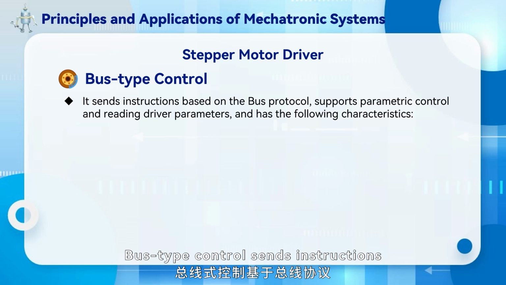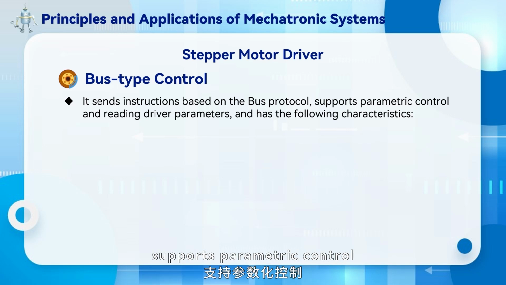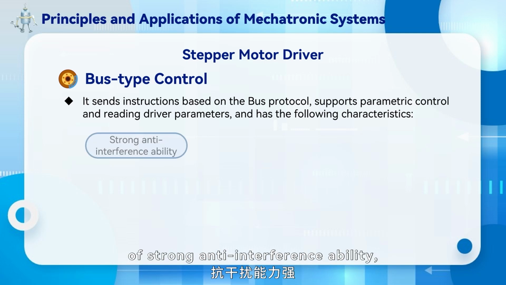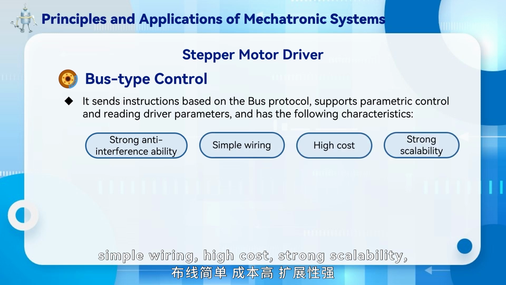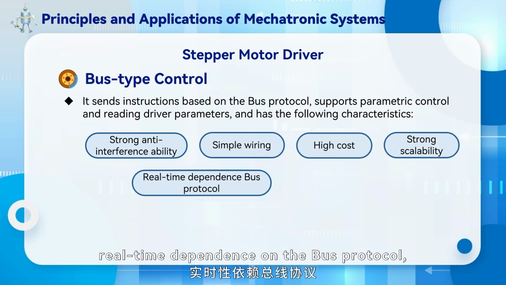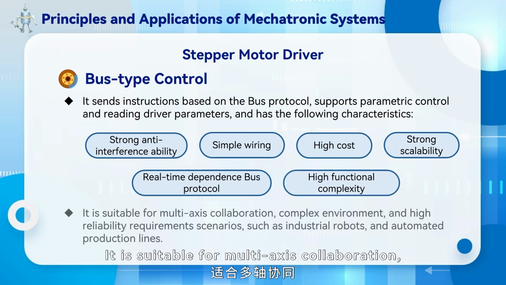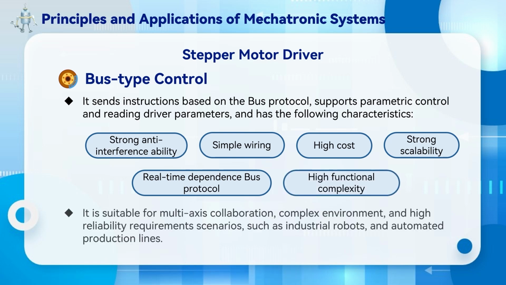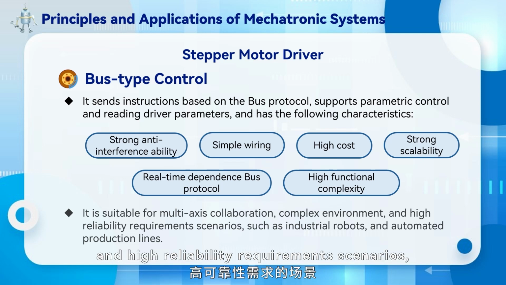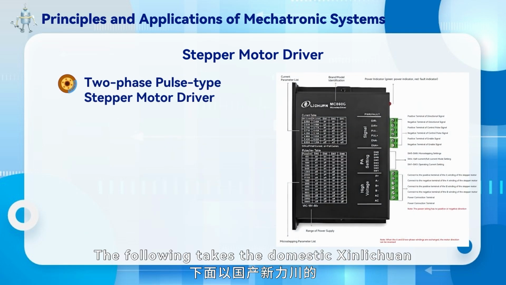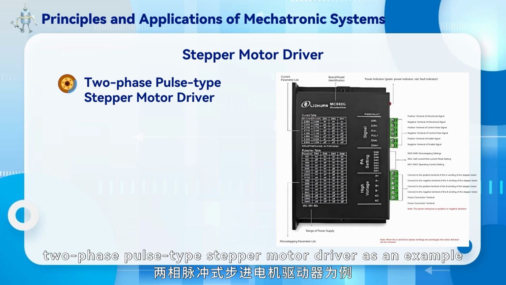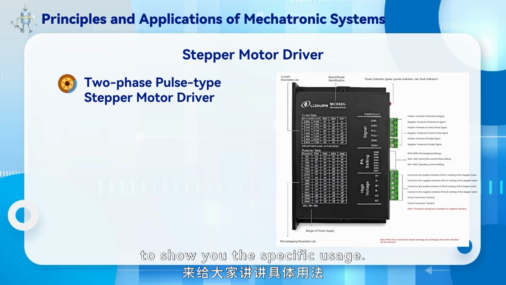Bus type control sends instructions based on the bus protocol, supports parametric control and reading driver parameters, and has the characteristics of strong anti-interference ability, simple wiring, high cost, strong scalability, real-time dependence on the bus protocol, and high functional complexity. It is suitable for multi-axis collaboration, complex environment, and high reliability requirement scenarios, such as industrial robots and automated production lines. The following takes the domestic Zenlituan two-phase pulse type stepper motor driver as an example to show you the